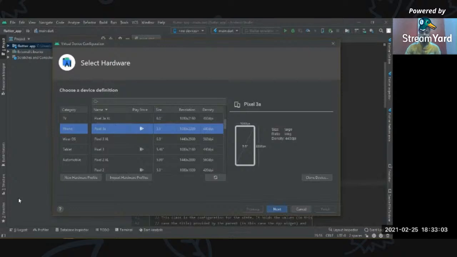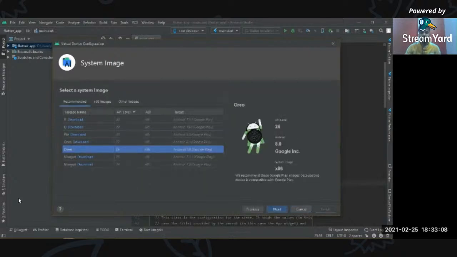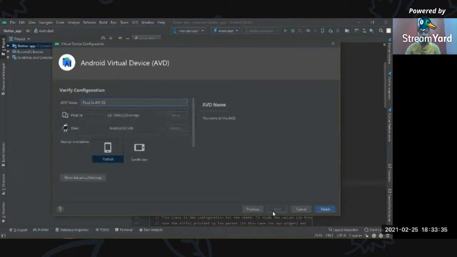Just configure it, click on next, and then you have to install a system image for your virtual device. Right now I've installed the Oreo version, so it is already there. If you want to develop on other older or newer versions like Android R or Android Q, you can download it, select it, and click the next button.